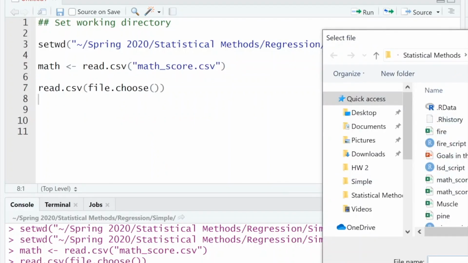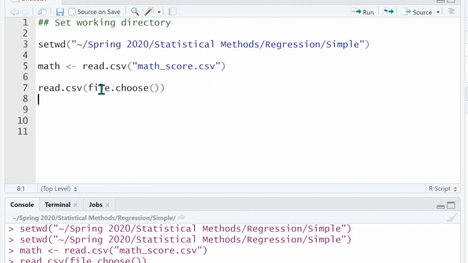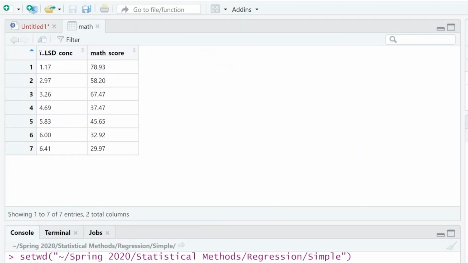But when we run that, it brings up the folders window here, and that's that, right? So you might have seen a little hint of it, but this math score data set is really interesting. Okay, so this is real. This actually happened. Way back in the late 60s or early 70s, there was a legitimate study where they gave 7 individuals